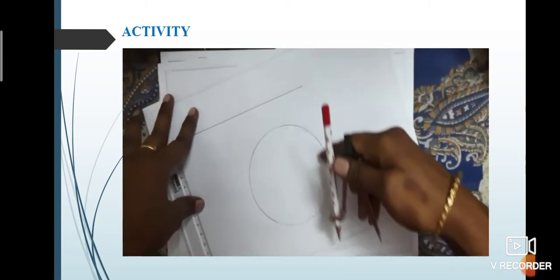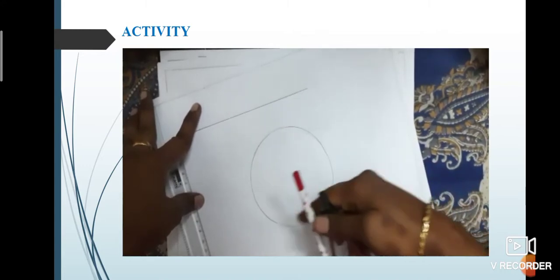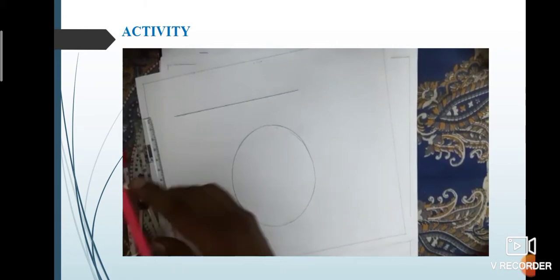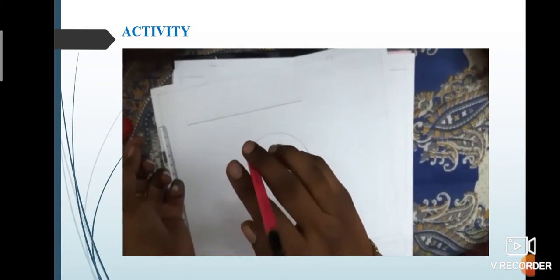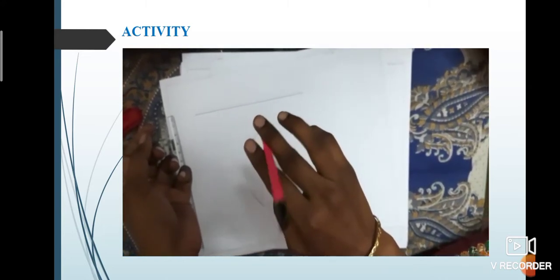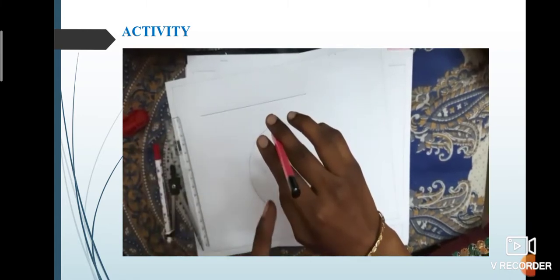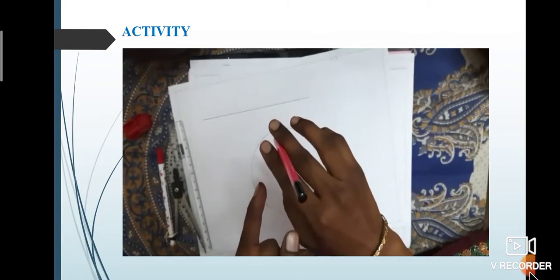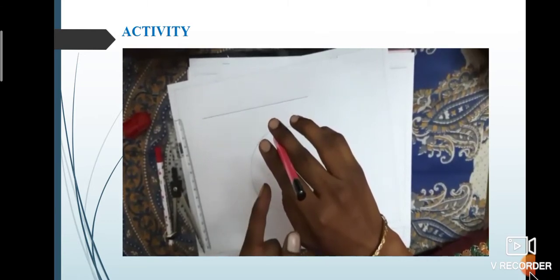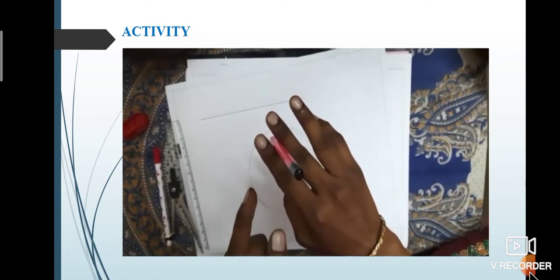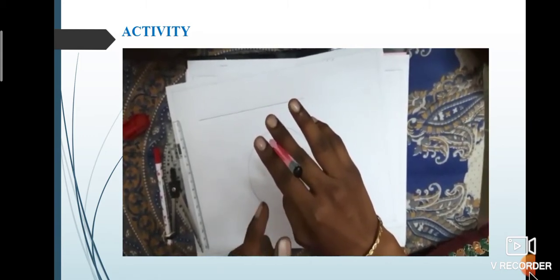Here, the movement takes place in a circle. This type of motion is called circular motion. Then third, take a pencil in between the fingers and move it back and forth. Watch carefully. The pencil comes back to the same position after a fixed time interval. This type of motion is called oscillatory motion.